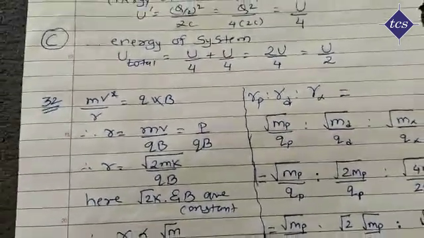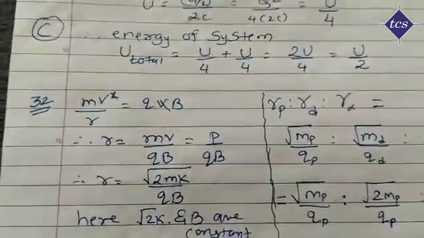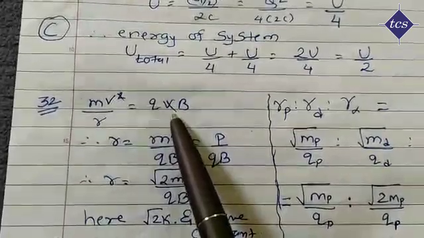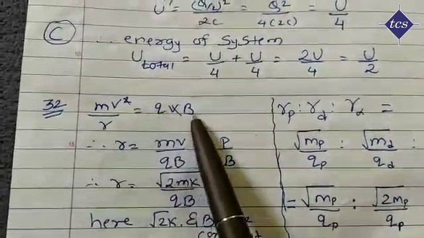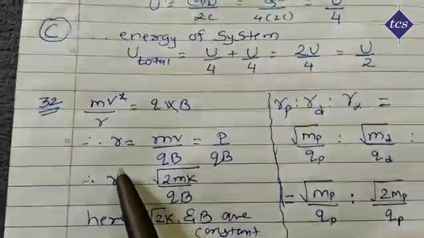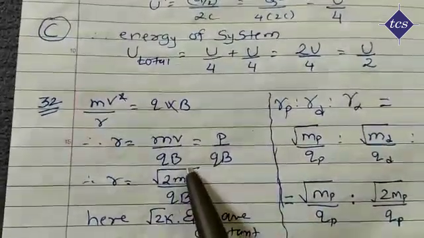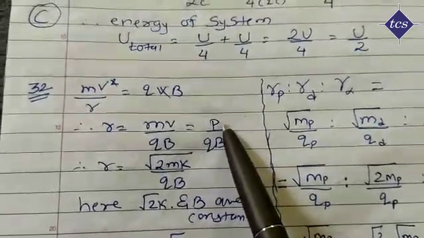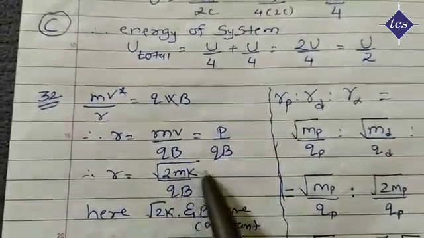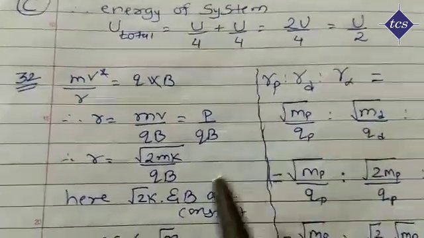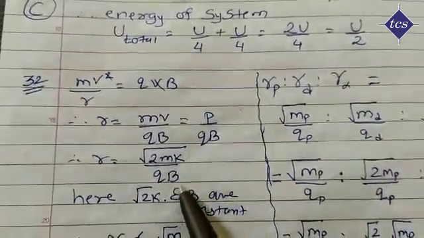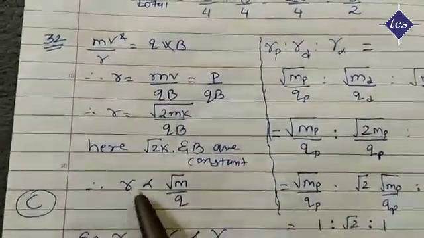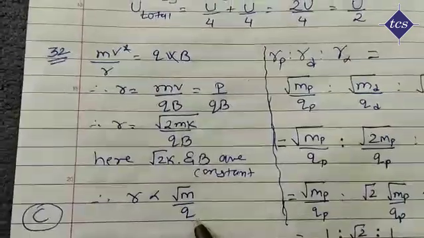Now as mentioned here, these charged particles are moving perpendicular to the magnetic field, so centripetal force equals magnetic force, so mv square by r equals qvB. One v will be cancelled, making the equation for r, so r will be mv by qB, and mv is nothing but momentum, upon qB. Momentum in terms of kinetic energy can also be written as root of 2mK upon qB. But here in the question they have mentioned that kinetic energy is constant and magnetic field is uniform, meaning 2, root K and B are constant, so r is directly proportional to root m by q.